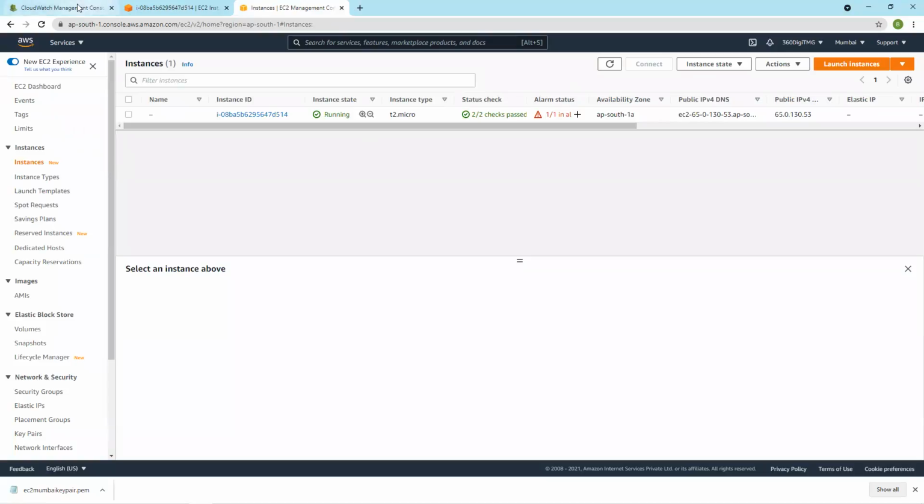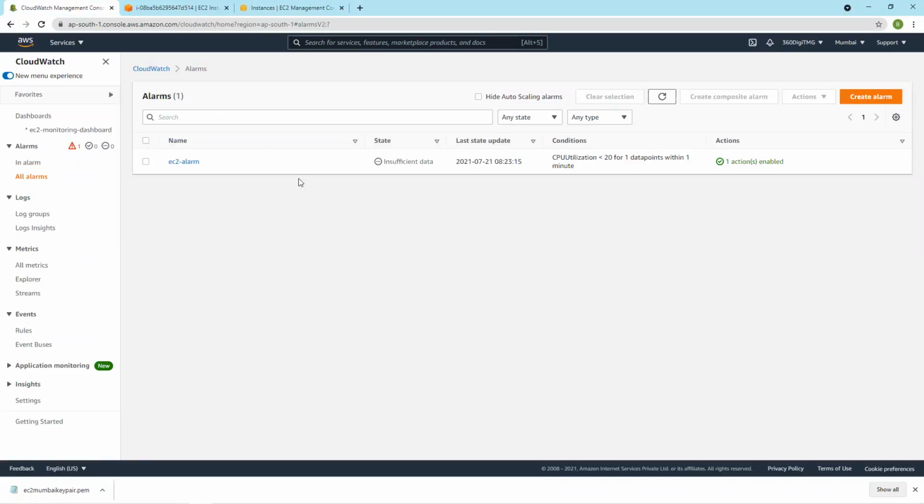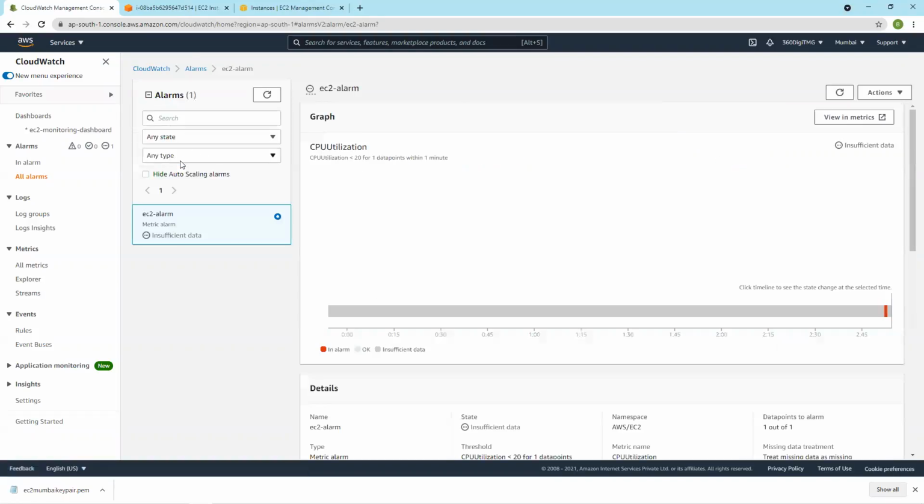So still it's running. It takes some time. When it becomes in alarm, that means the condition is met when CPU utilization is less than 20, it will automatically stop the instance.